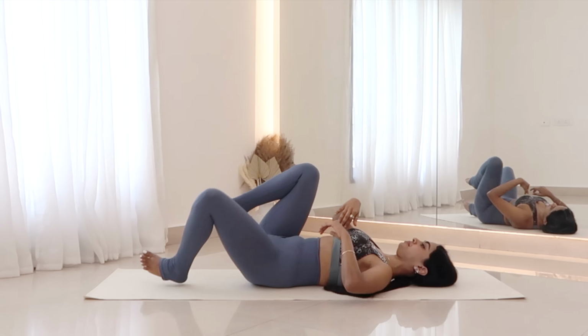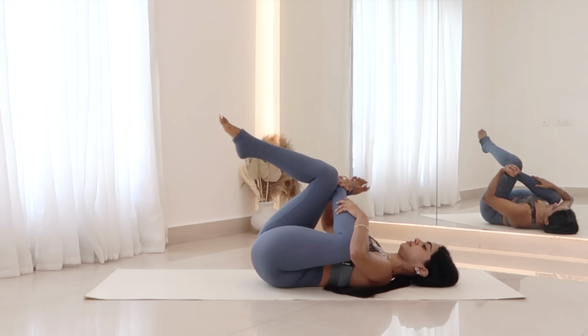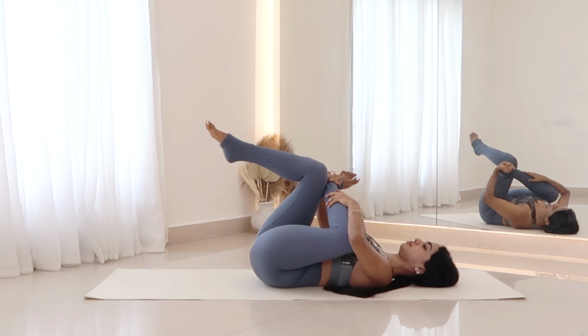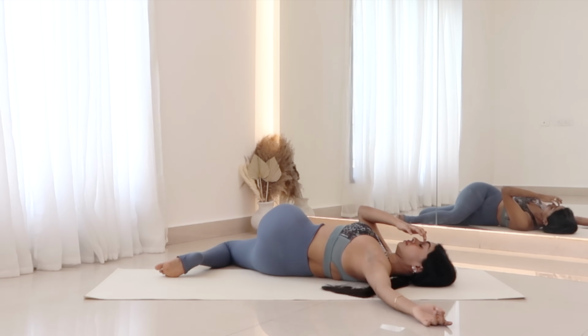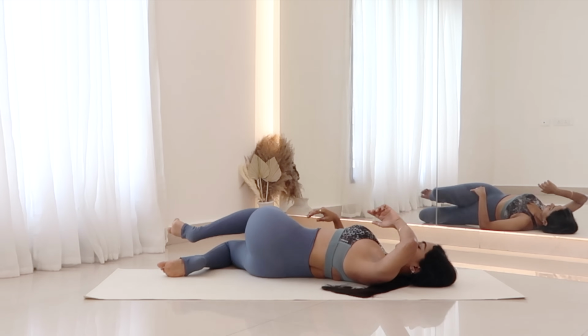Let's switch sides. Quad 4. And hug your legs inside. And twist for hips. To center,